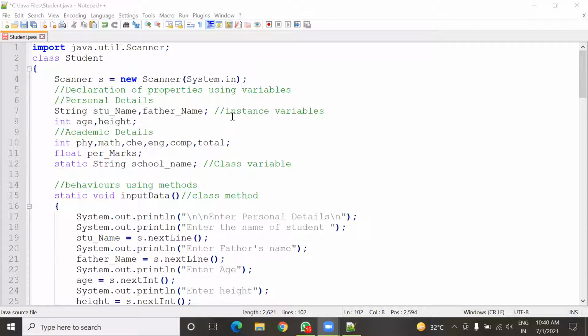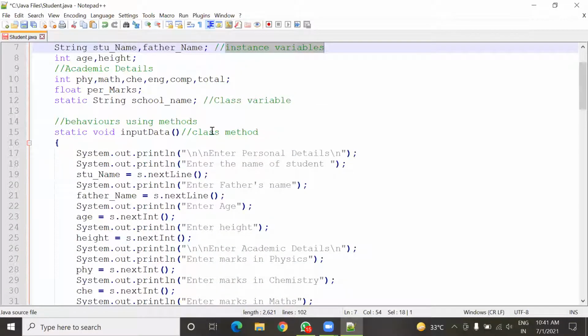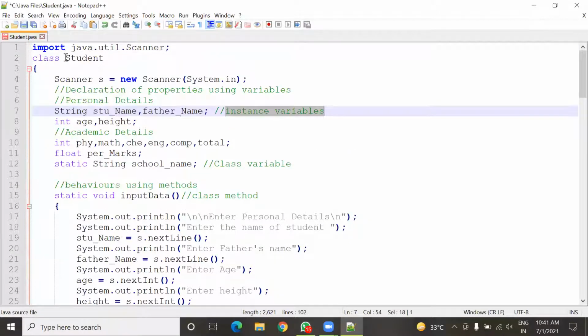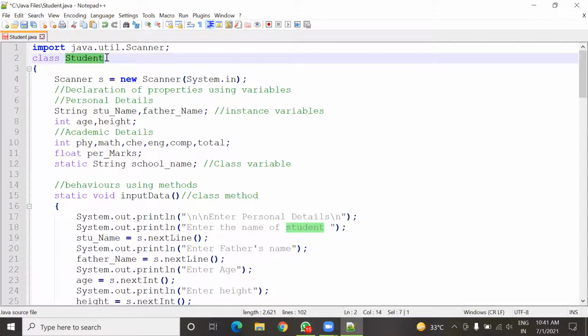Just see here. If we declare a variable as an instance variable, then those variables can be accessed by the object of the class. If we declare any static variable or static method, those things will be accessed only by the class, not the object. Why? Because instance variables are accessible to objects, so objects can put different values in any variable.